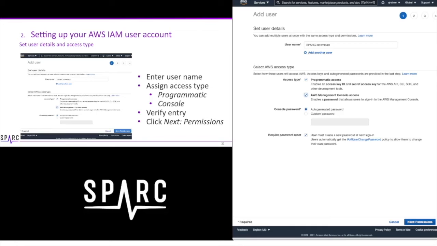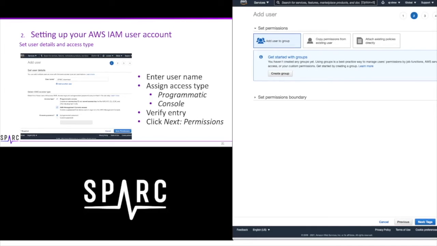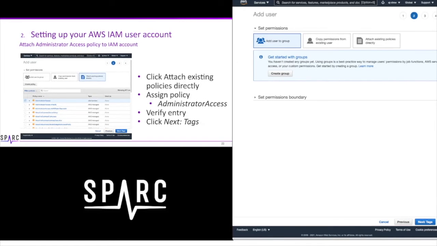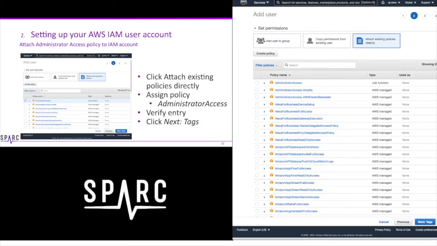Click Next Permissions. Under Set Permissions, select the menu Attach Existing Policies Directly. Select the first item, Administrator Access. Click Next Tags.